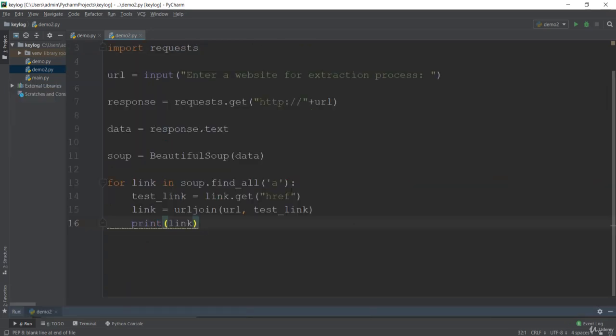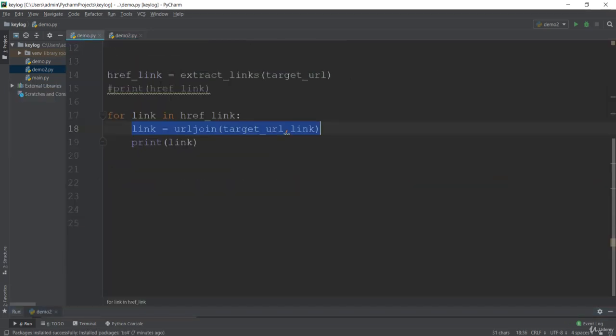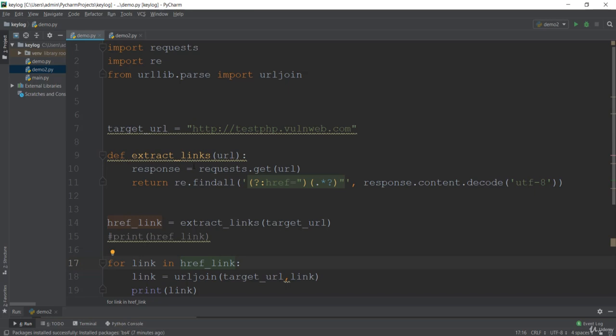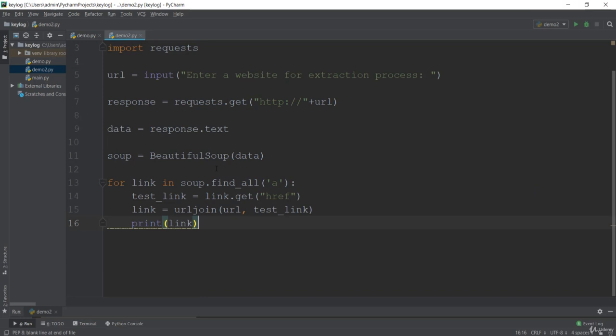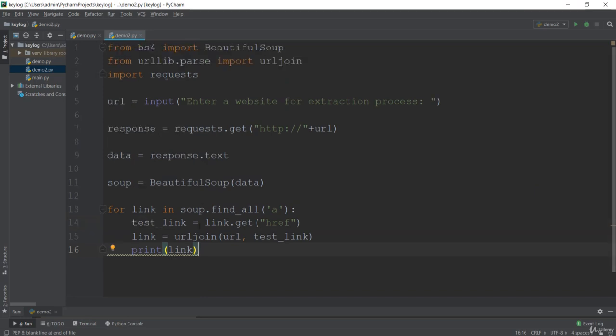So this will be wrap for this lecture. So we saw how we can do this way, that is using this URL request and regular expression way, and the next is easy way, that is using this Beautiful Soup. So this will be wrap for this lecture. See you in the next one.